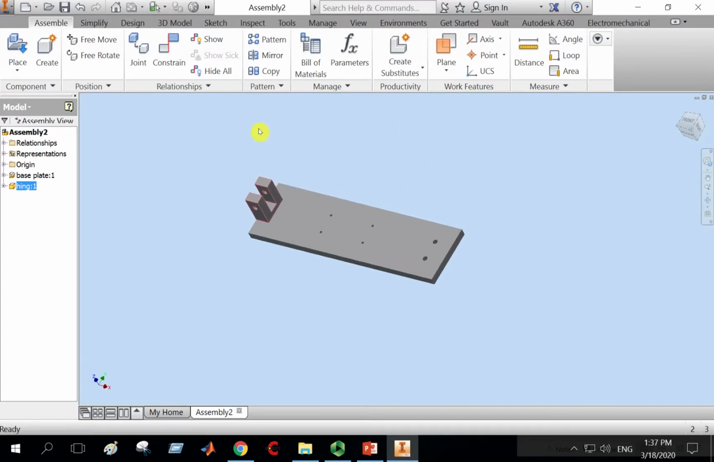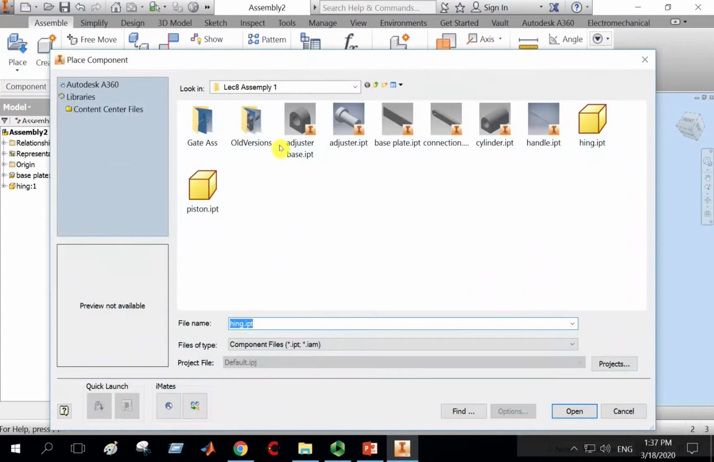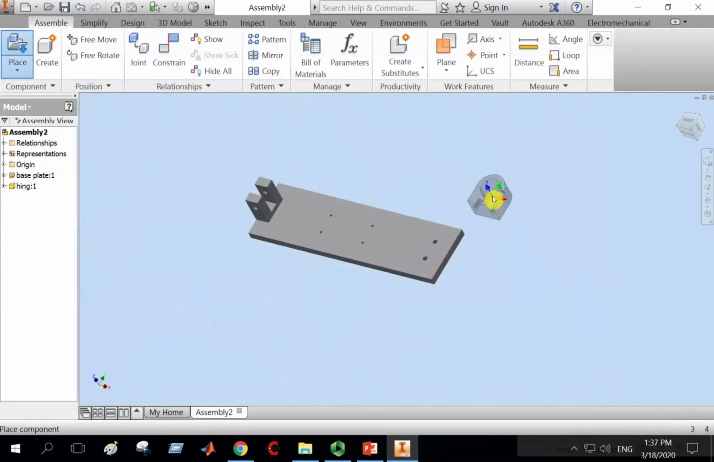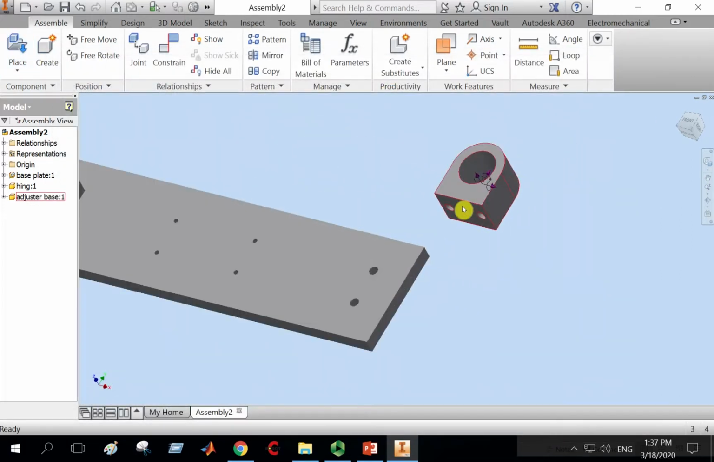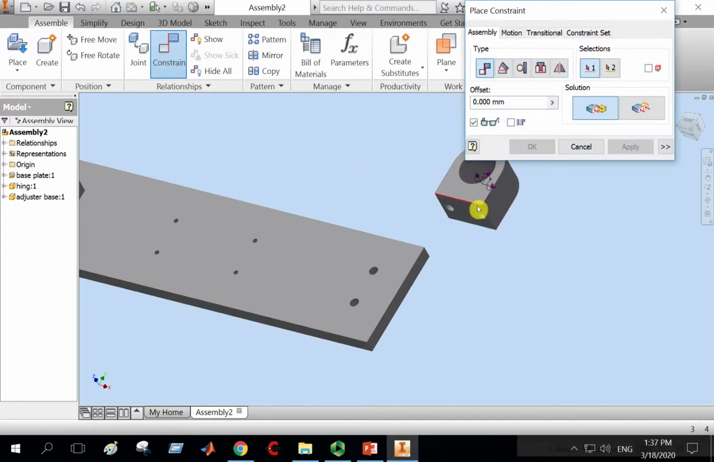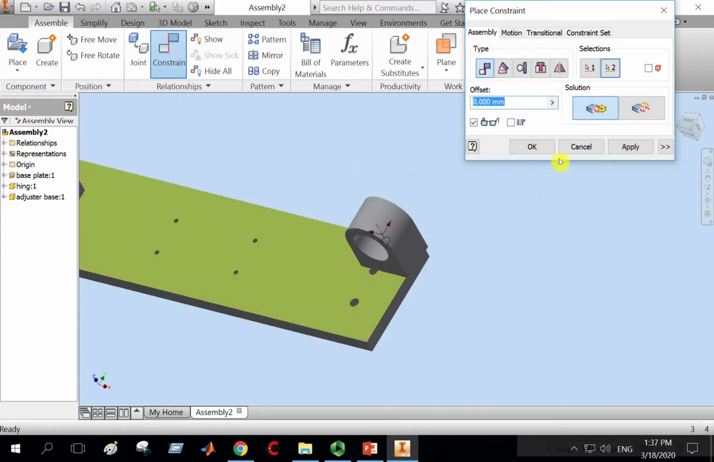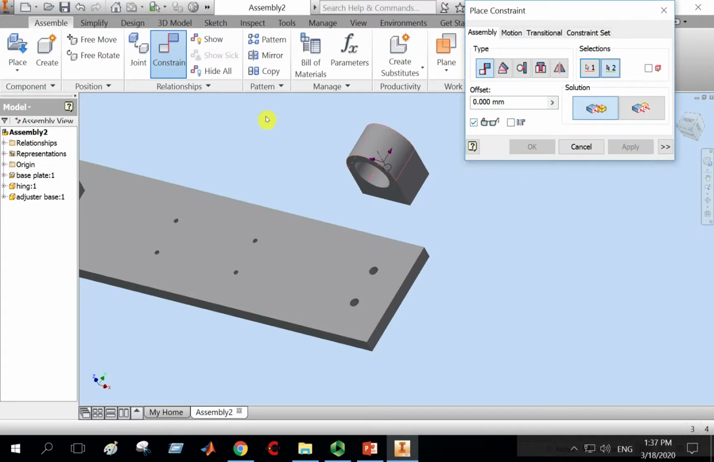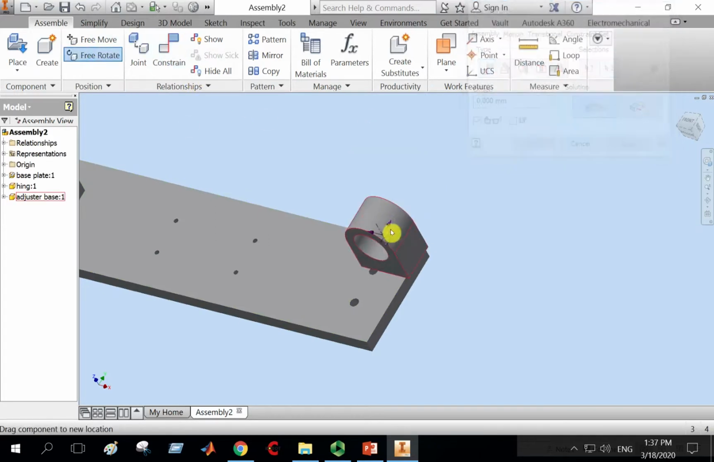Next step, guys, we have to go to place. As an example, let me place the adjuster base. I know that the adjuster base should be made here, so that this surface mates with this surface, and these two holes mate with these two holes. Again, same story, guys. Constrain, mate this surface with this surface, apply, then free rotate again,